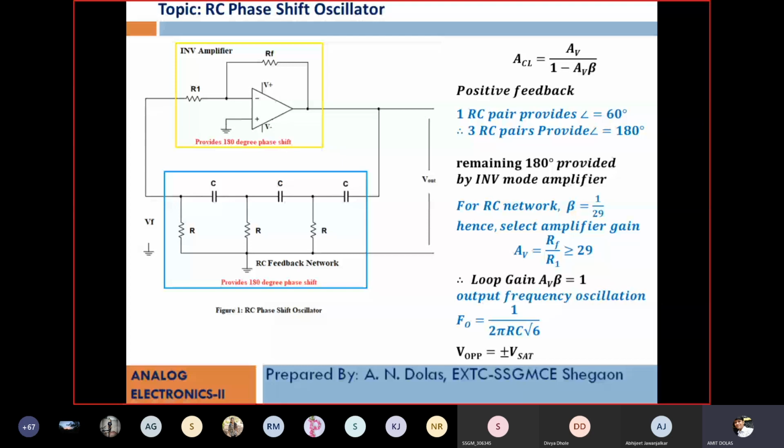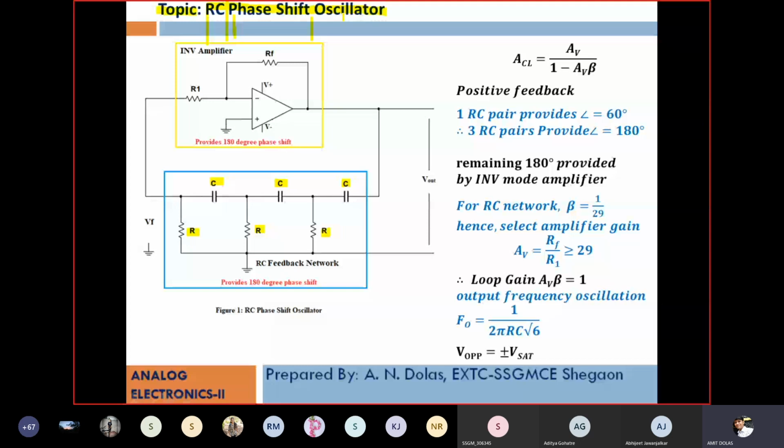The first type of oscillator which comes under RC oscillator is the RC phase shift oscillator. So we will analyze this circuit first and then we'll have one numerical on this topic. The name RC is because it uses R and C. You can see here R and C in the feedback network. We are using 3 pairs of R and C in the feedback network. You already know this from EDC, and it is called phase shift because this feedback network R and C pair provides phase shift of 180 degree. So that's why RC phase shift oscillator is the name.